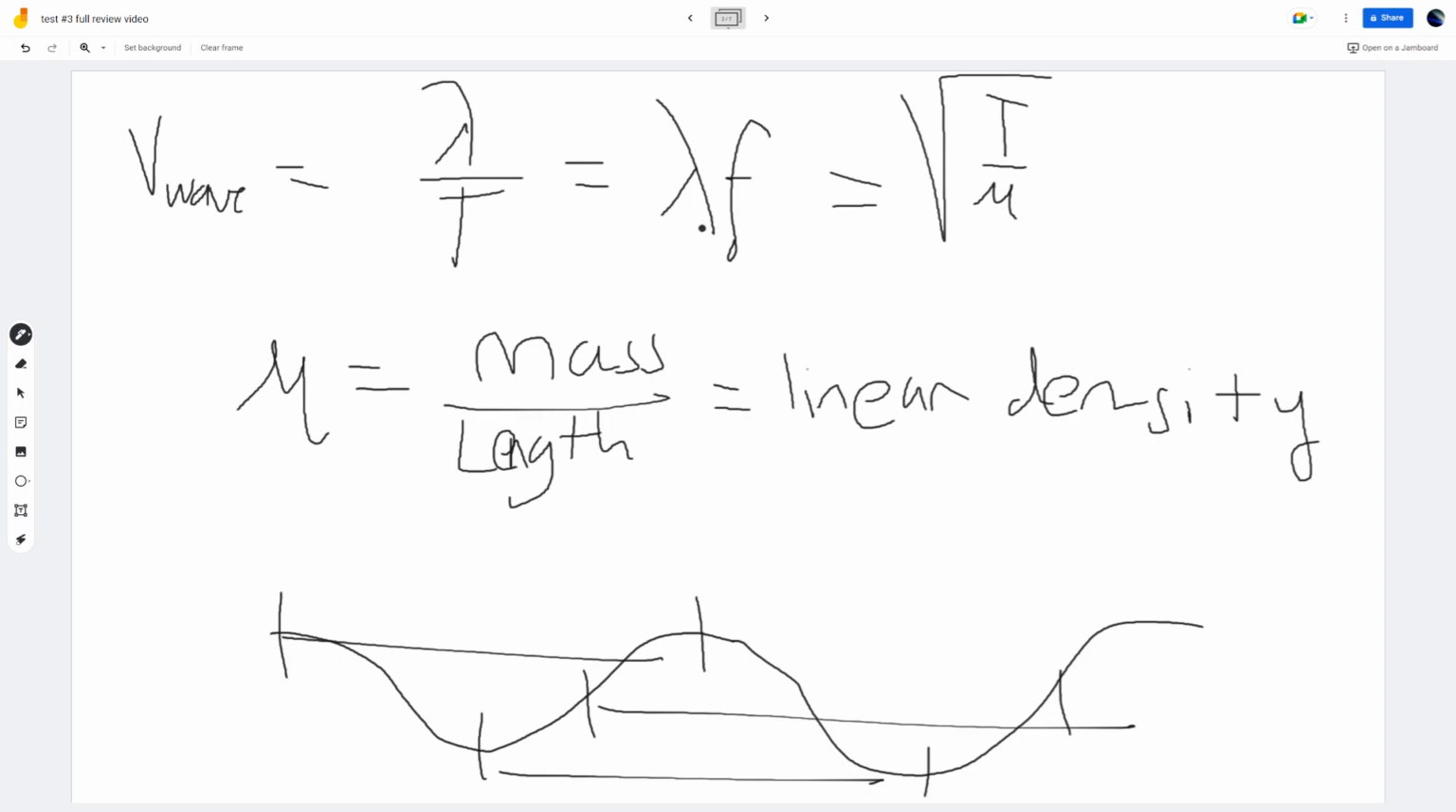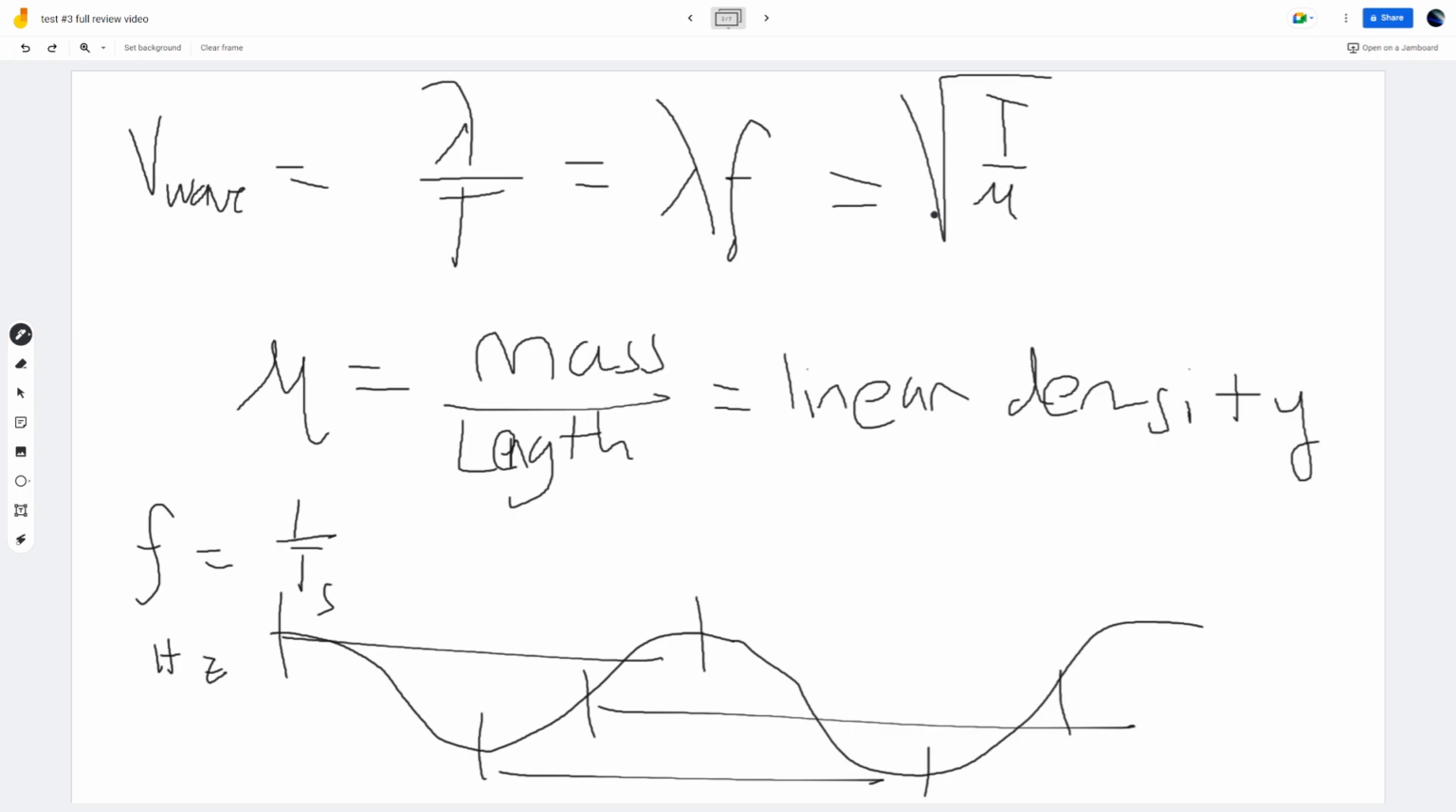It can also be seen in frequency. The relationship between frequency and period is that frequency is the inverse of the period. Period is measured in seconds. Frequency is measured in hertz. Velocity of the wave can be measured in normal velocity units, meters per second. And so this last equation